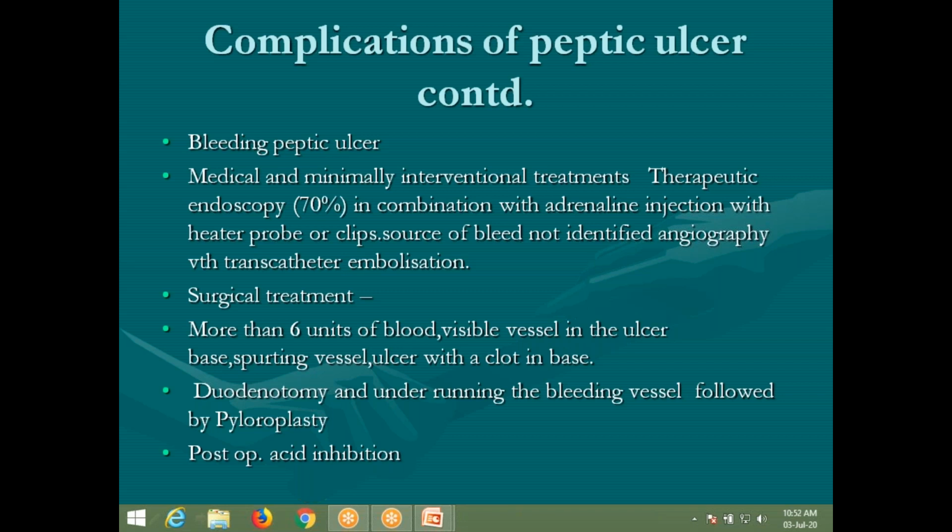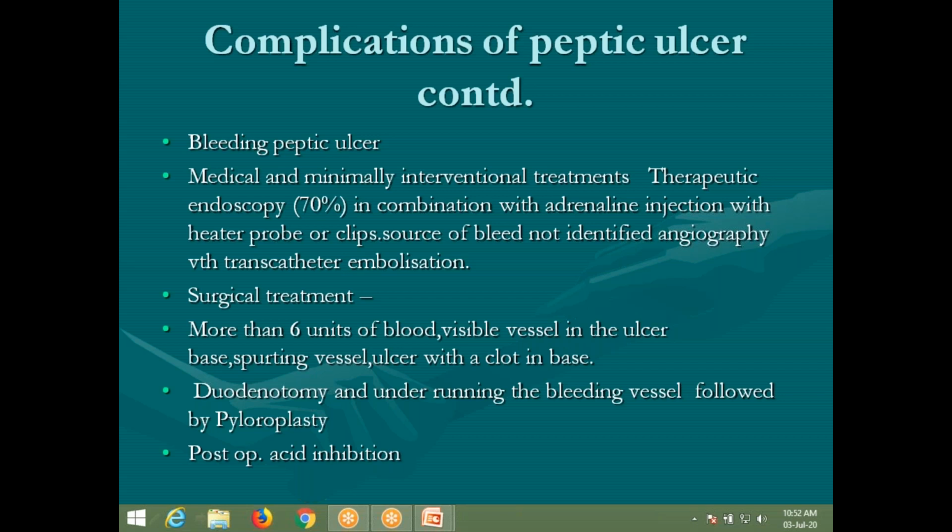Okay, that is for the surgical part. If there is a giant ulcer, if the ulcer is very big, then you may not be able to approximate the mucosa. The D1 is much deformed. In such cases the mucosa can't be primarily closed, so you will plan for a distal gastrectomy and Roux-en-Y reconstruction. Okay, this is what you will plan for in case of a bleeding peptic ulcer.